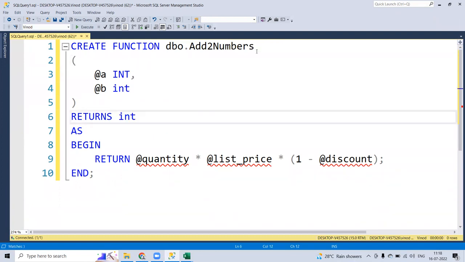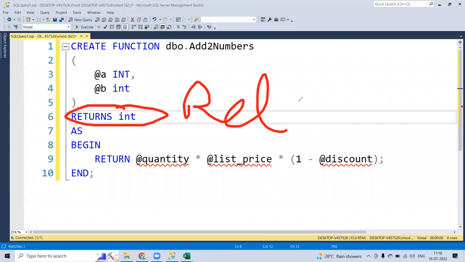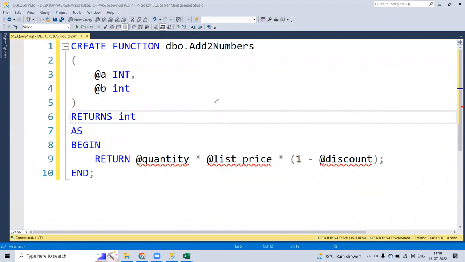What is the meaning of this? This returns integer. So it will give you a value as an integer. More precisely, it will return an integer. A value which will be returned will be in integer. And then what you will see here is